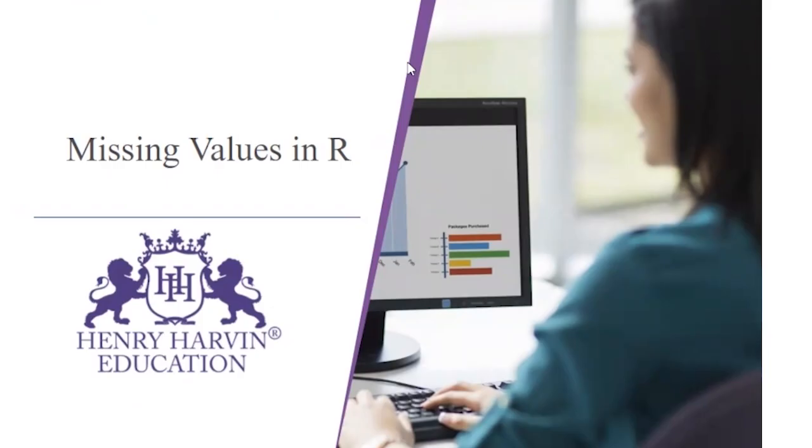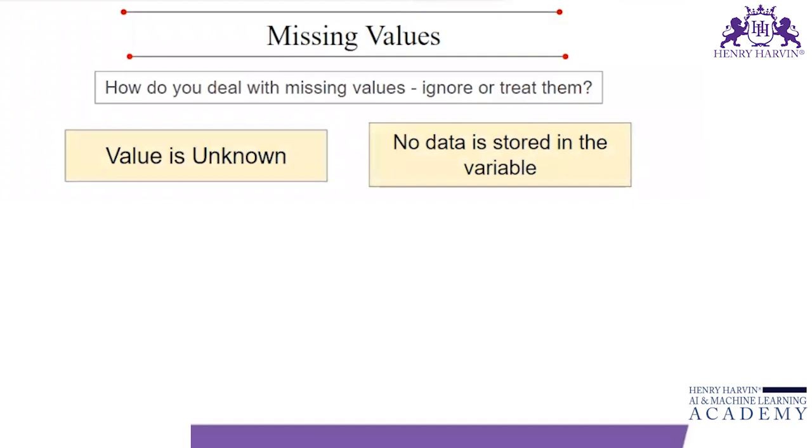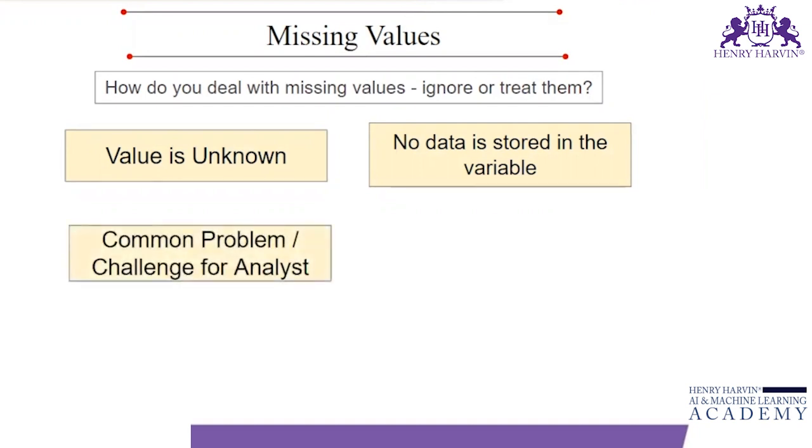Missing values in R. Missing values are the missed or unknown values that are present in the dataset that we are working on. In today's time, it is the most common problem or challenge for any data analyst. Now, what should we do with these missing values? Should we ignore them or treat them? We should not ignore these missing values, as treating them is the most important part of data processing. Statistically, if the data of missing values is less than 10%, we can probably drop those values and use the data. But if it is more than 10%,